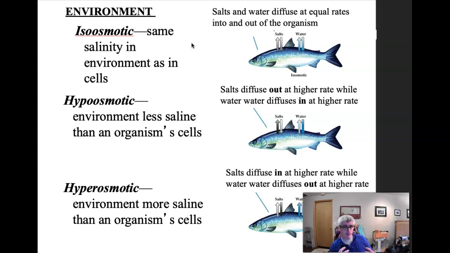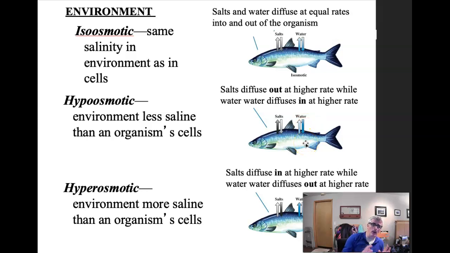That marine fish, the cells within it are in equilibrium with the marine environment. So we know that they have a fair amount of salt in them. Now you put them in an environment that's less saline, freshwater, what happens? Salts will diffuse out at a higher rate while water diffuses in at a higher rate. So in this image here, you can see salts are darker, so salts are going out, and water's darker, water is going in